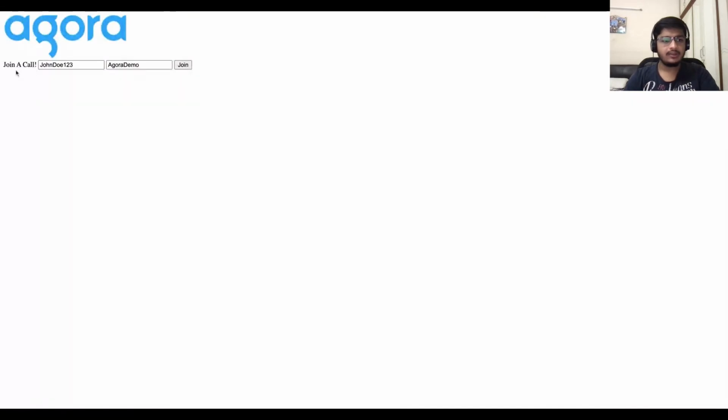So if you see our current code, there's join a call, there's a form with the default fields. If I remove it, there's username written, channel written, and a join button. This does not look really appealing, so I'll add some CSS to make the heading a bit bigger. I'll put everything on new lines so that it looks like a professional form. And then the boxes which are empty cannot be displayed, so I'll add something like a border to those boxes. It's going to be very, very simple.